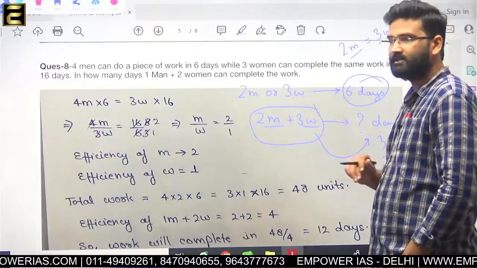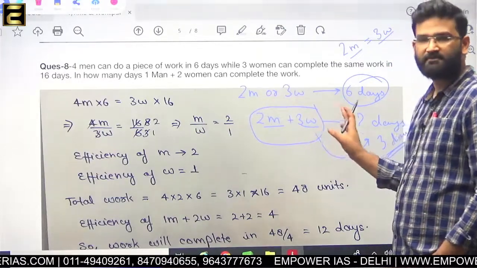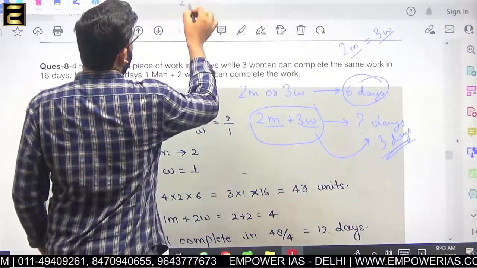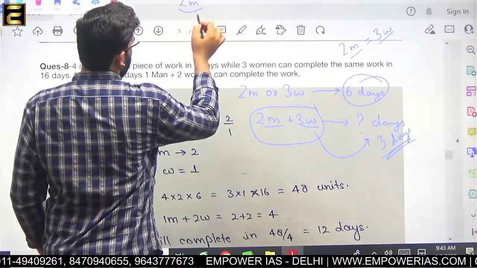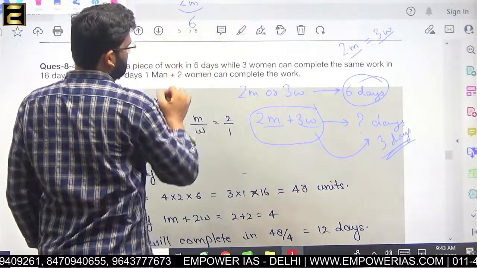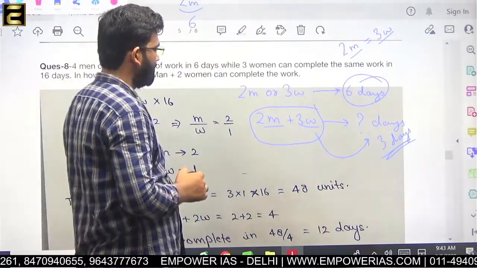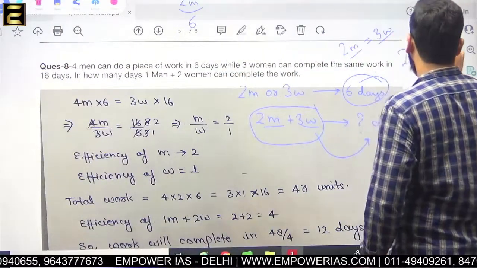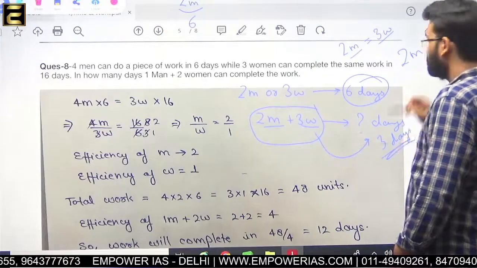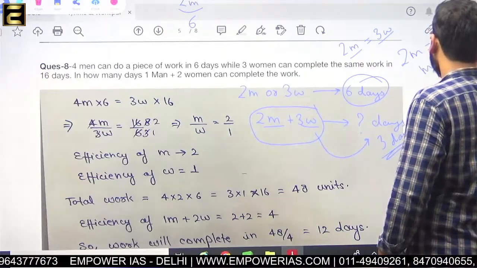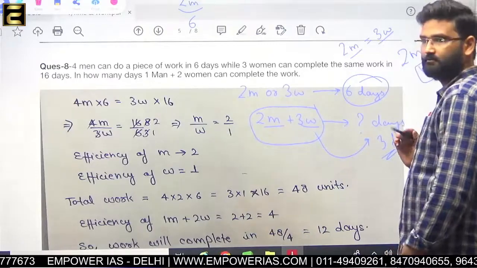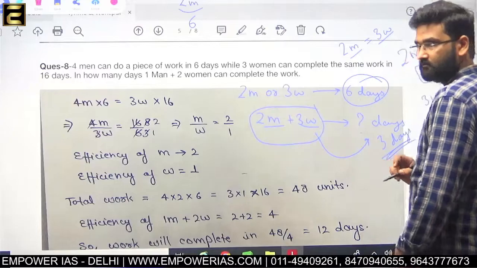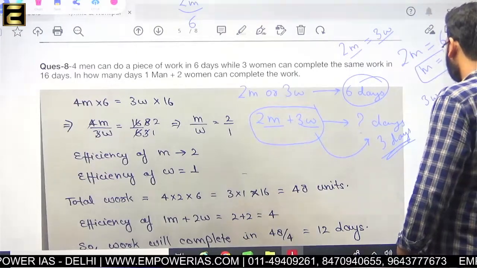Take the LCM of 2 and 3 and take the LCM of 6. So here now 2 men. हाँ, तो यहां पर हो गया ना, क्या दिक्कत है? 2 men is equal to 6, so 1 man is equal to 3. 3 women is equal to 6, so 1 woman is equal to